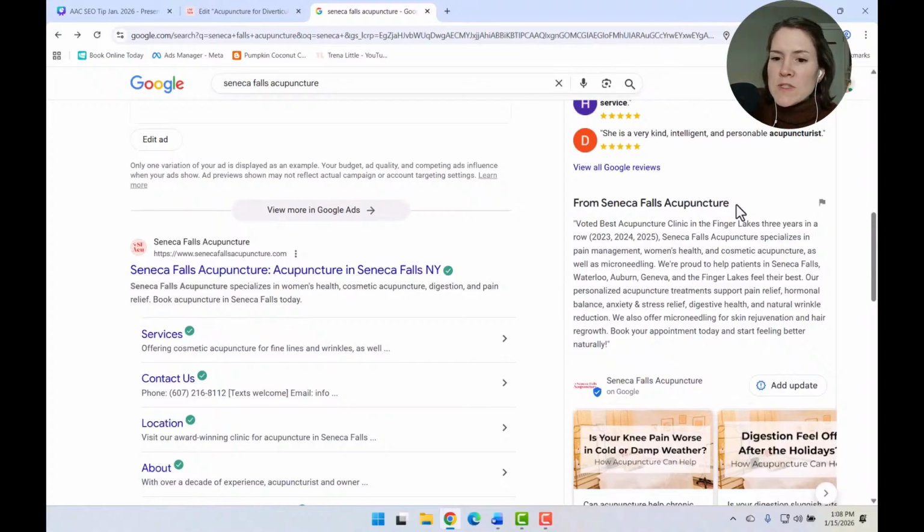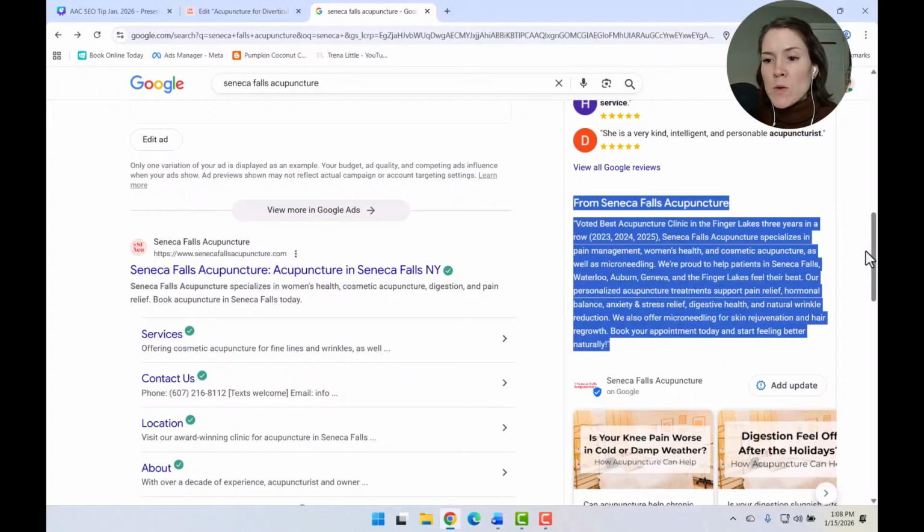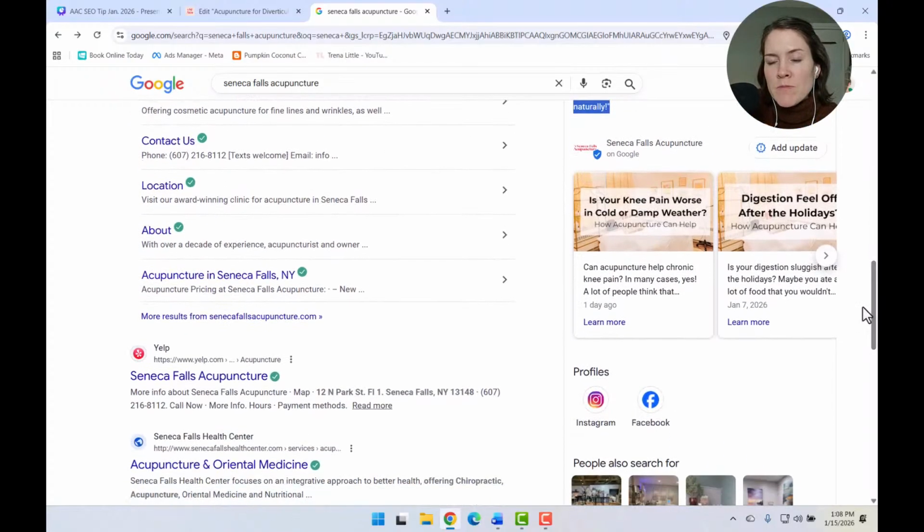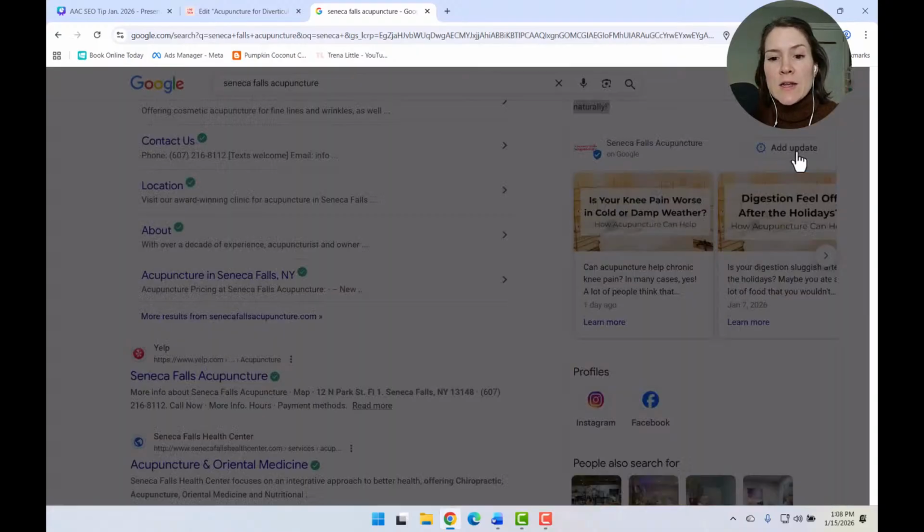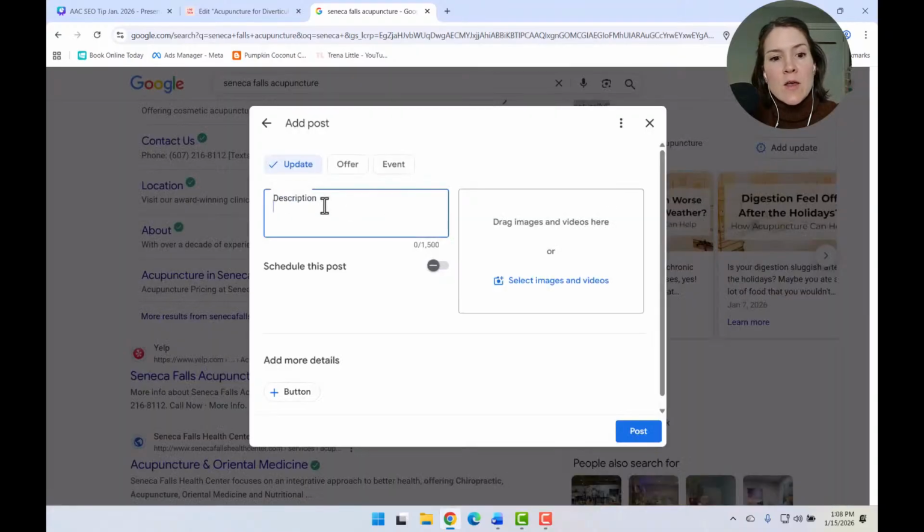It just says from Seneca Falls Acupuncture. But that's what this is, where it says from your business. That's the business description. And down here, these look like posts to me, but they are technically called updates. When you are adding an update, you can add some text. I would just make sure that you are referencing your location for whatever kind of update you're adding.